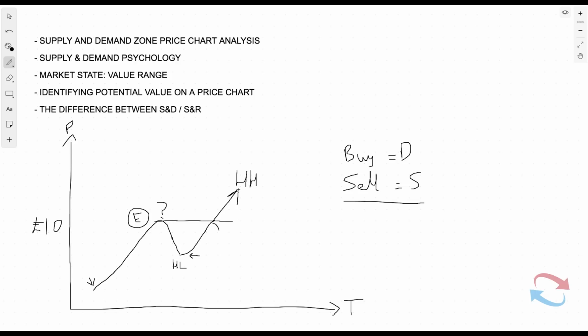Now, if you're looking back on the chart, this has to be the first area where we have the strongest area of demand. Because like this low to this high, this low to this high, this has to be the first area